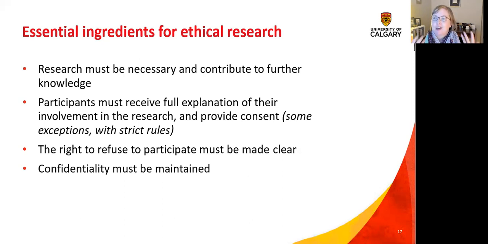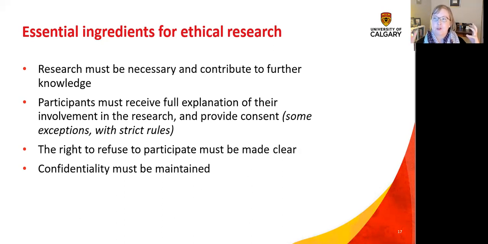So if you're observing, say, crowd behavior, it may be that you don't have to have participant consent. That can only occur if you are not changing anything in the environment. So if you are just letting things happen as they normally would, then there are exceptions where you can proceed with research without consent. However, if you are maybe introducing new bike lanes or new structures into a space and you're trying to see how people are using it, then it becomes more of a gray area.